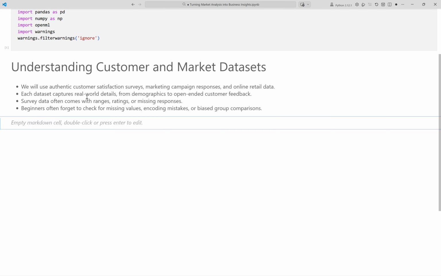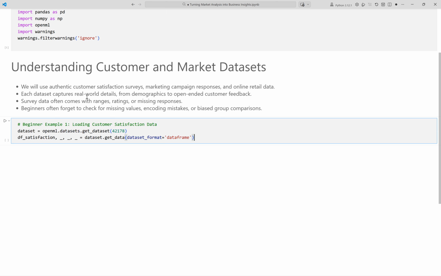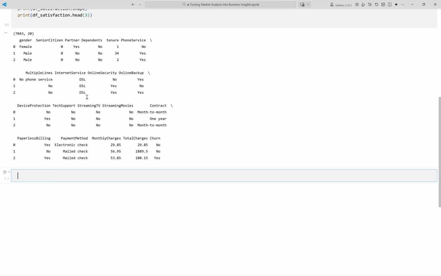This example loads an authentic customer satisfaction survey from OpenML. We fetch the dataset using OpenML. The data is returned as a pandas data frame for analysis. We print the shape to understand how many records and fields are present. We inspect the first 3 customer responses. Running the cell now. This output shows the loaded customer satisfaction dataset with 7,043 rows and 20 columns, reflecting a